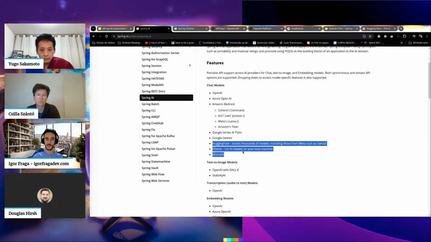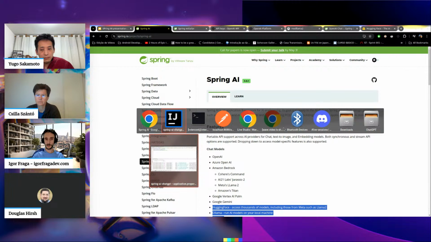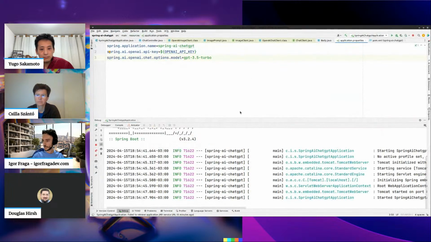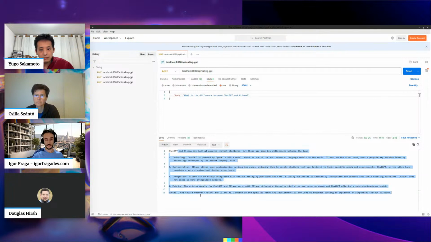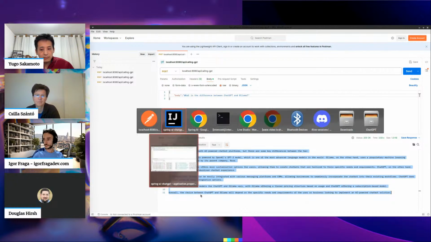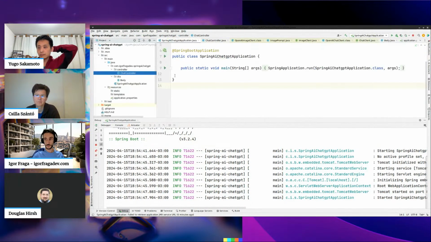You want to play locally with Spring AI, empower your applications like we just said. This is the way. You have a starting point to start playing with artificial intelligence inside your Java Spring Boot service in this case.